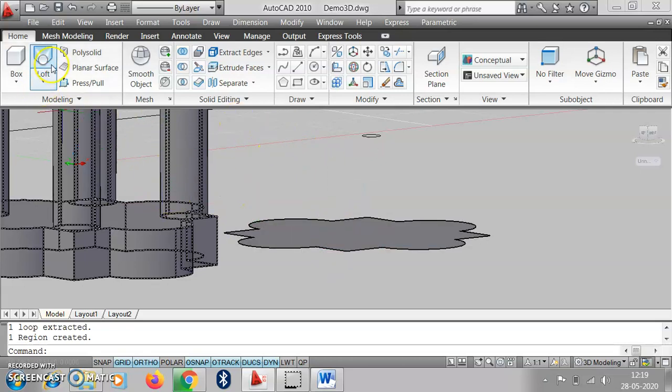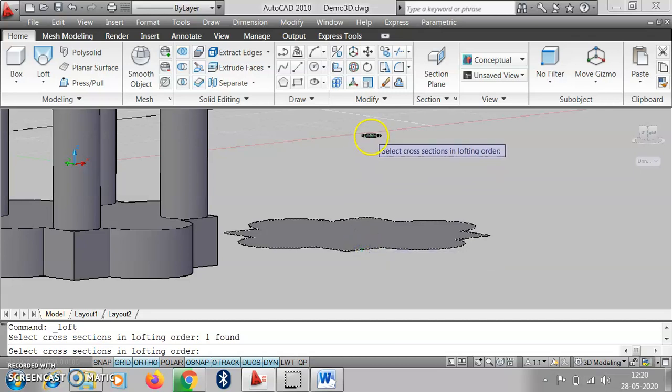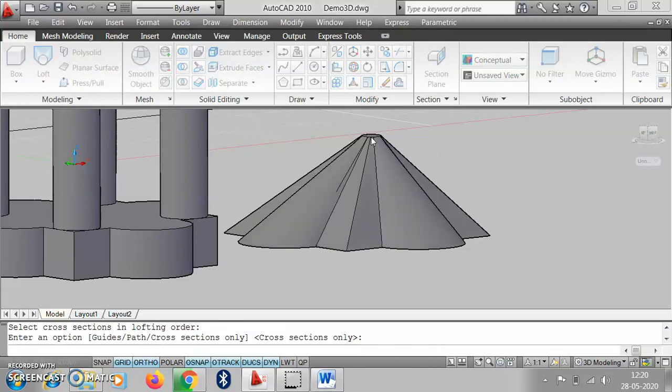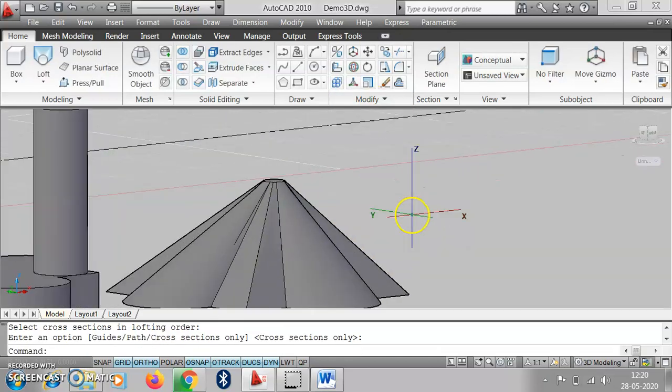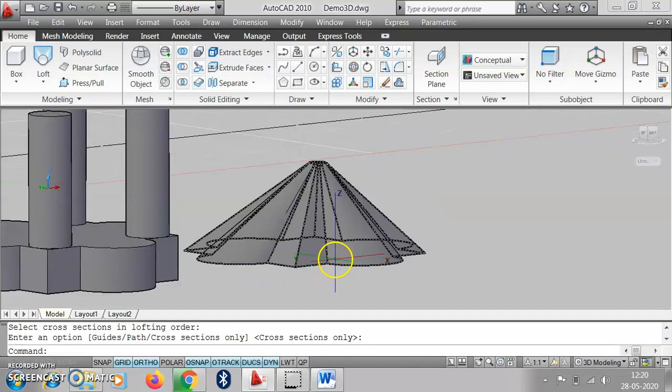Then using the loft command, we select the first object, and then the second, shift select this object, then enter, double enter, three times enter. So this will be the upper portion of our temple.